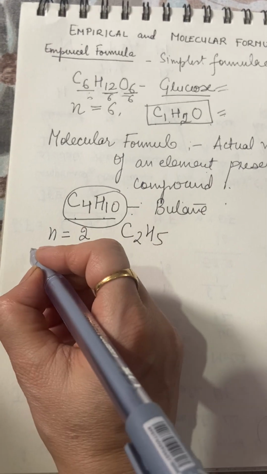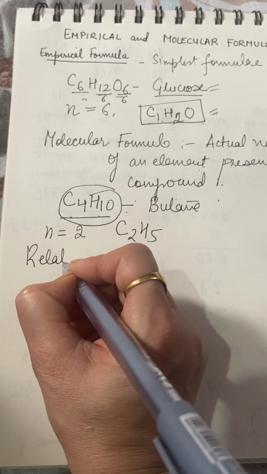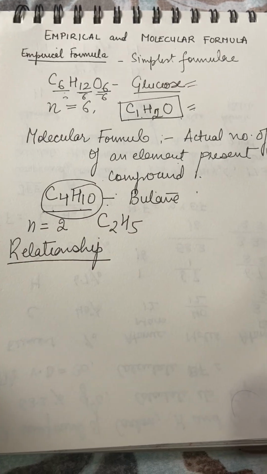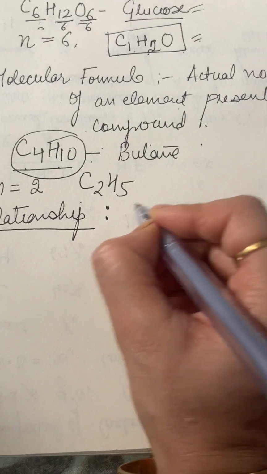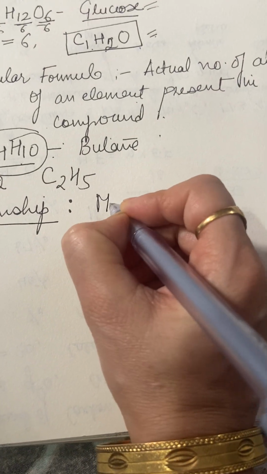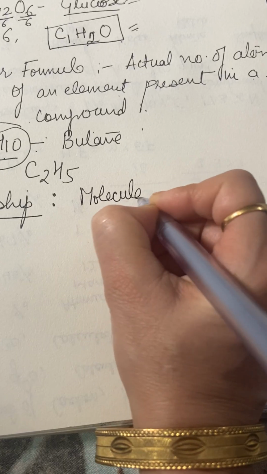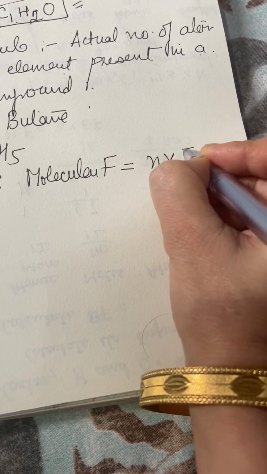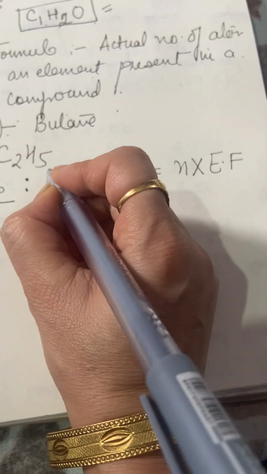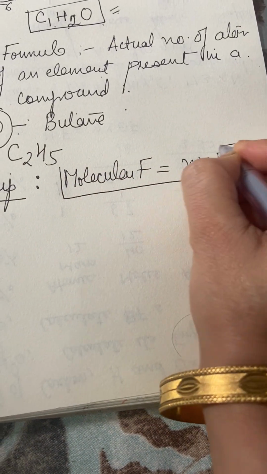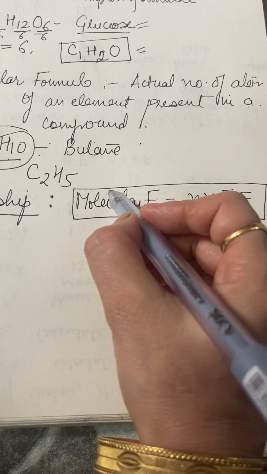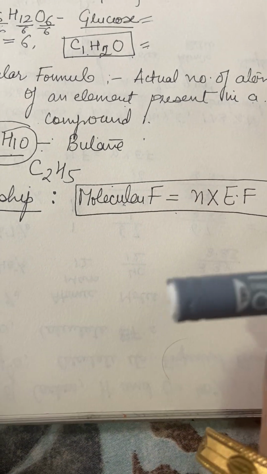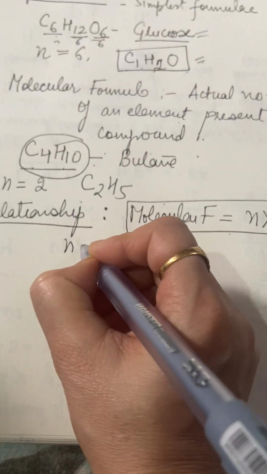Now, there is a certain relationship between empirical formula and the molecular formula. Let's find it out. What is the relationship? Molecular formula is always equal to n times the empirical formula. This is one of the most important formulas which you have to note down when you are doing the numericals related to the empirical and the molecular formula. Now n here represents the integer